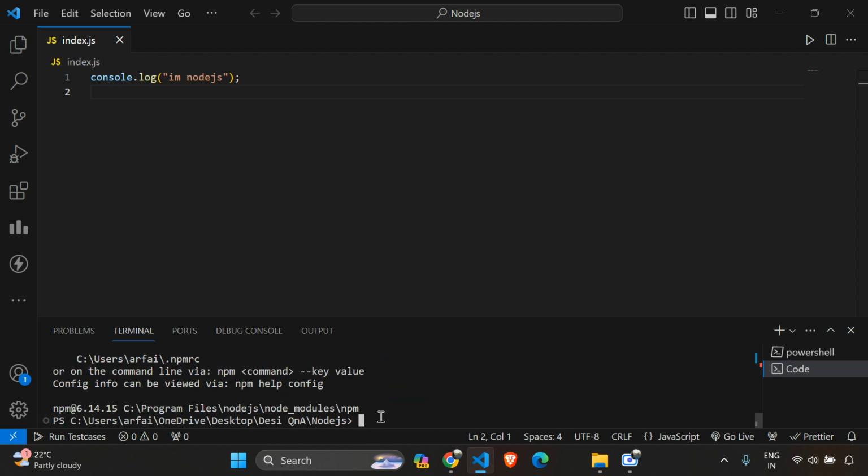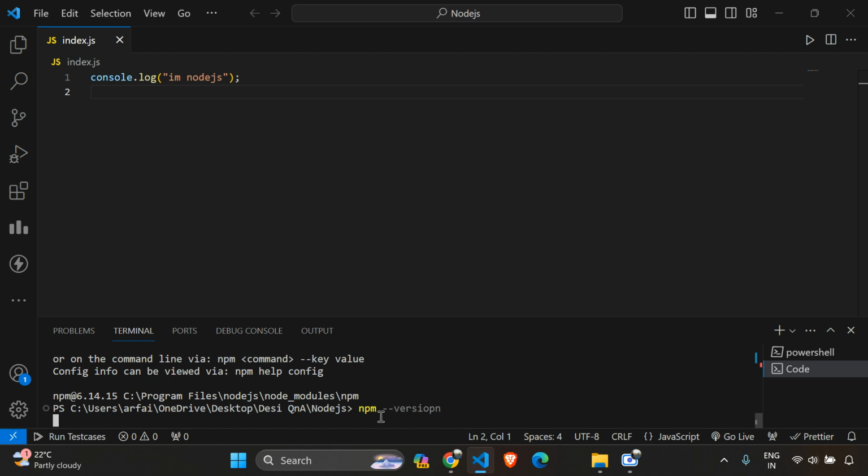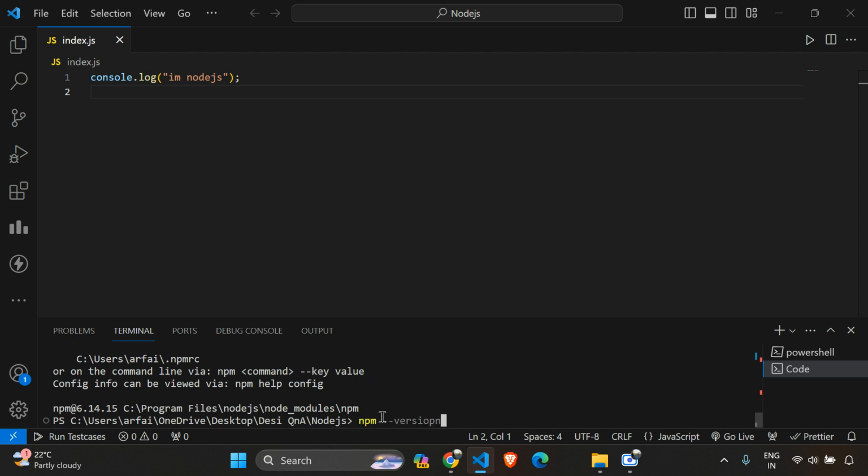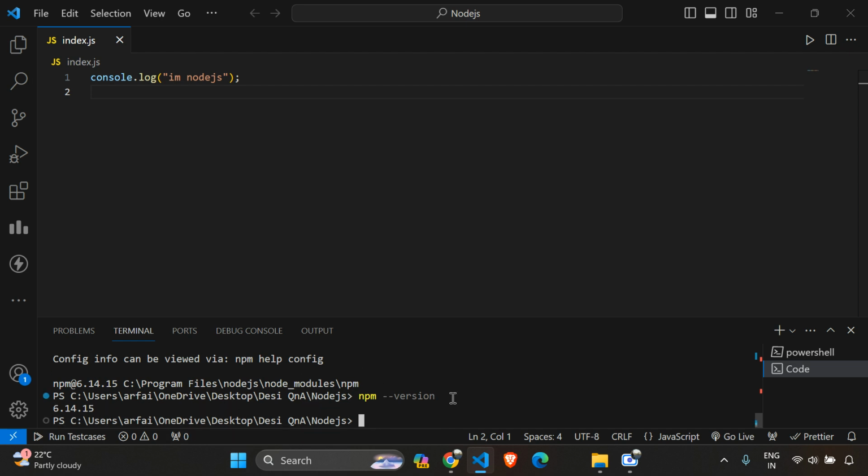And here you can also know about the version of your npm. So for that I will do it in this way, npm --version. Okay, here you can see my current version is 6.14.15. That is the version. This way you can check the version of your node and npm, and again just making use of the commands you can update these versions.